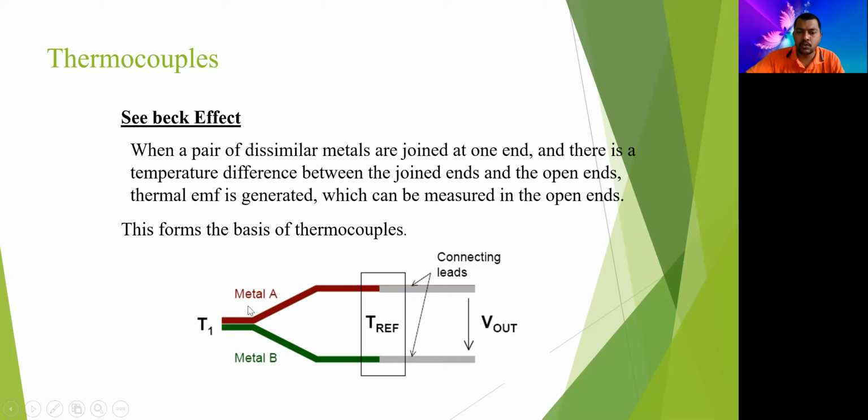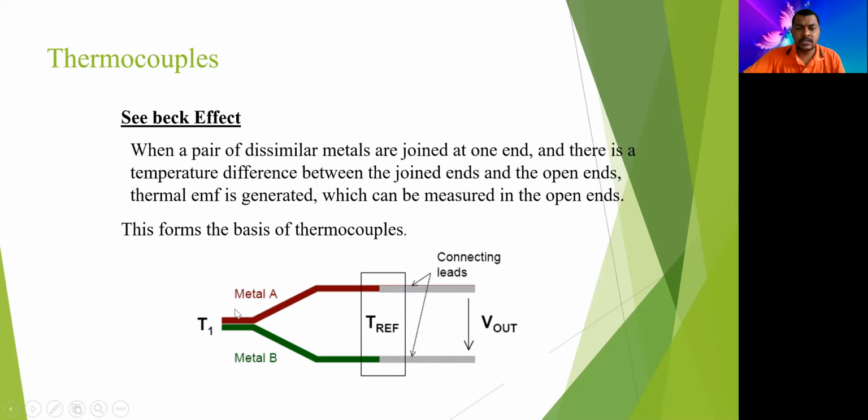Now, if there are two different currents, like in metal A and metal B, then we will have a difference of potentials, right? This difference of potential energy of electrons is what we call the potential difference, or we can call it EMF, electromotive force. They are nothing but the voltages, right? So the voltages are over there.